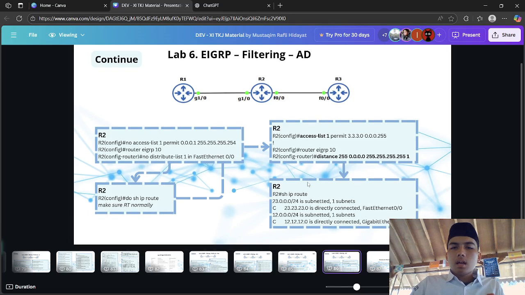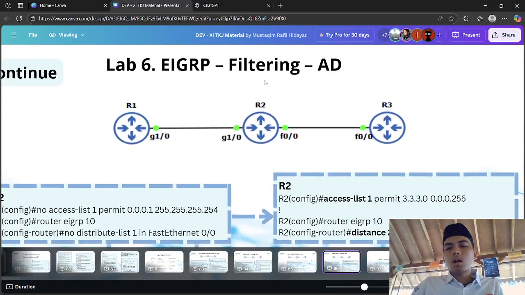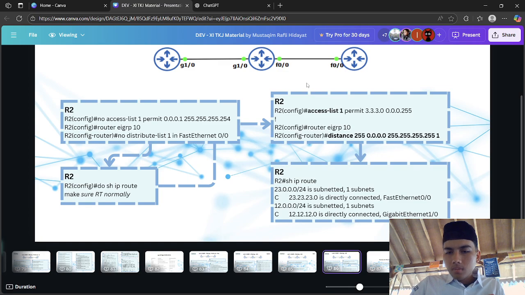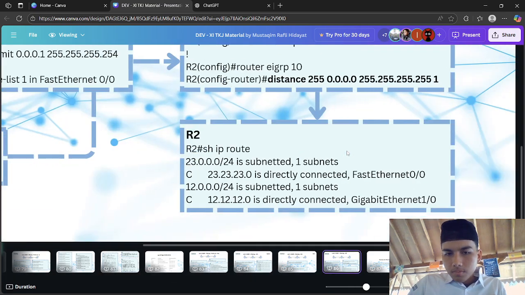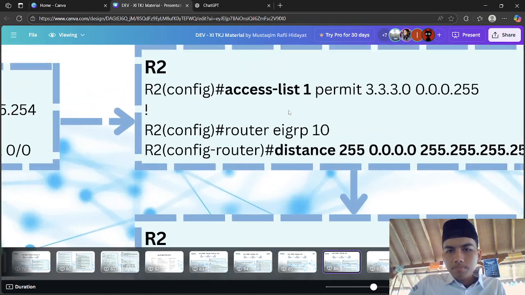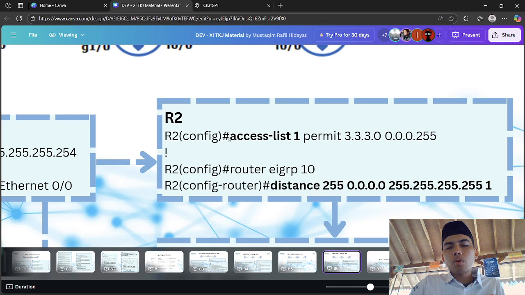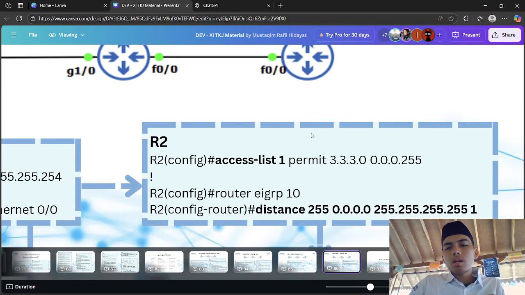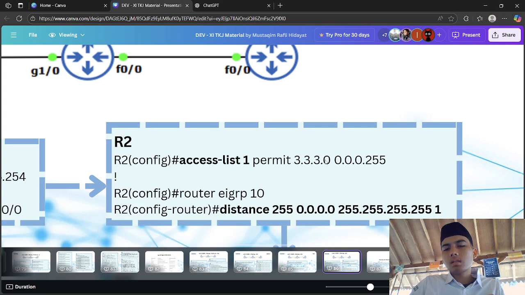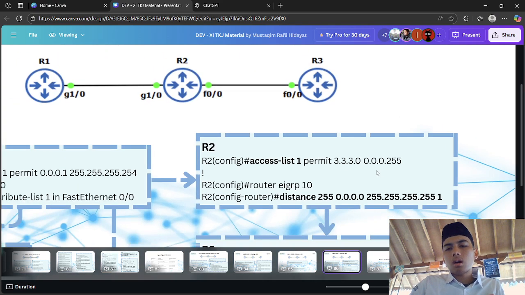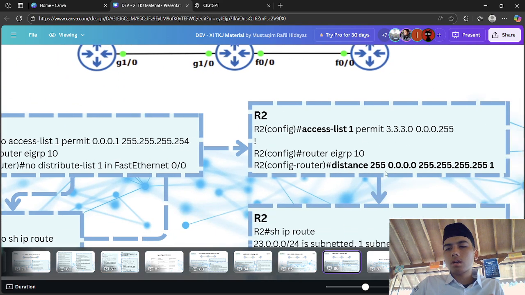Here I will explain that we make access list 1 permit 3.3.3.0 0.0.0.255.